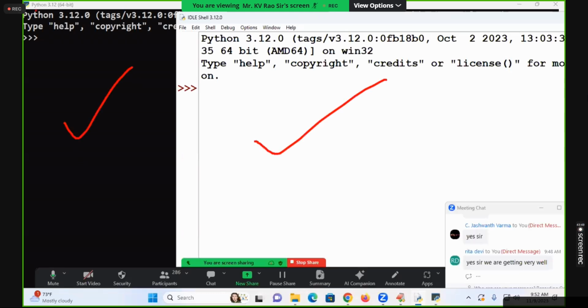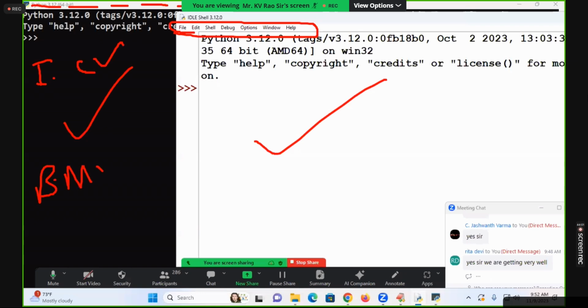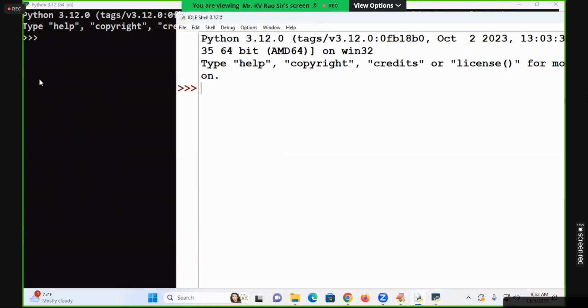And here there is no file, edit, etc. available. This is useful only for the interactive approach, but not for batch mode. But here, interactive approach is possible, and batch mode is also possible. So the compulsory question is: